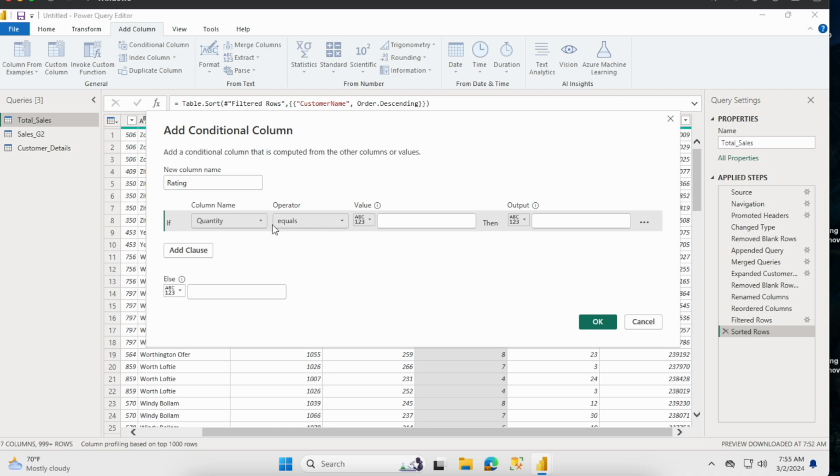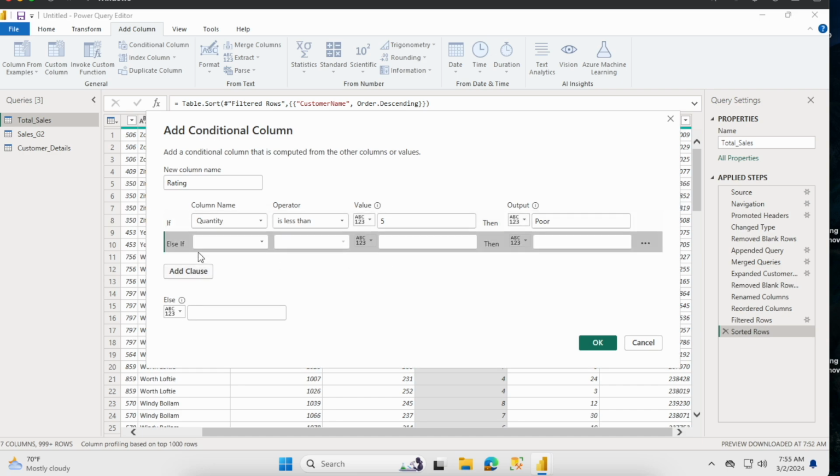The operators are equals, does not equal, is greater than, is greater than or equal to, is less than. If the quantity is less than 5, then it is poor. You can add any number of conditions. Again, if the quantity is